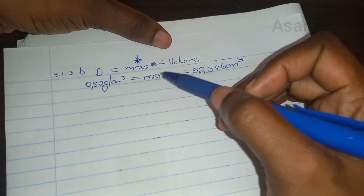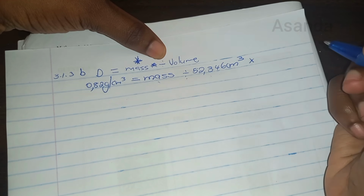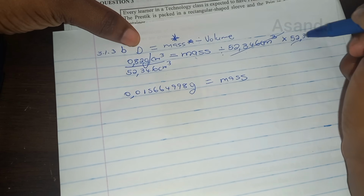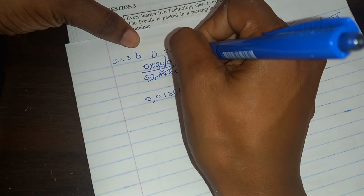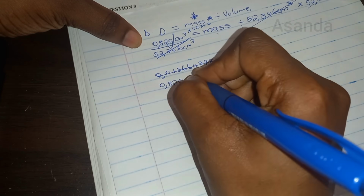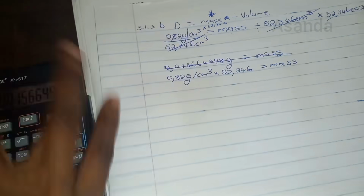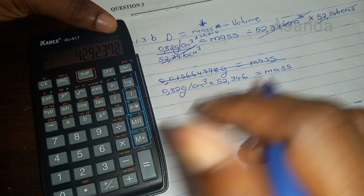So now let's find the unknown. Okay, so the unknown here is sitting with 52.346 and they are dividing. What is the opposite of divide? Multiply, right? So we're going to multiply this by 52.346 centimeter cubed. Guess what happens? This cancels that. I'm going to do a little correction. I multiplied this side and then I came and I divided this side. So this time I'm going to come and multiply it by 52.346. I'm just going to rewrite that. So that will be 0.82 grams per centimeter cubed multiplied by 52.346, which is equal to mass, right? And then we are going to calculate by saying 0.82 multiplied by 52.346, and voila, we have